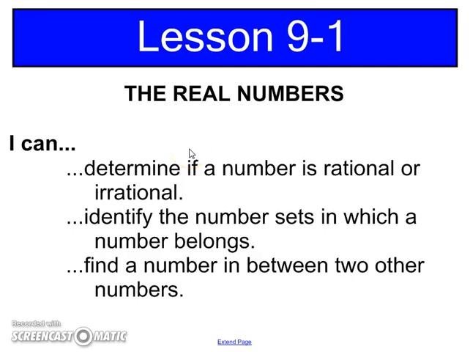All right, ladies and gentlemen, we begin with Chapter 9 and Lesson 9.1. We're going to talk about the real numbers. In this case, we're going to talk about number sets more than anything. And so our job, when we are finished with this chapter, the three main goals that I would like you